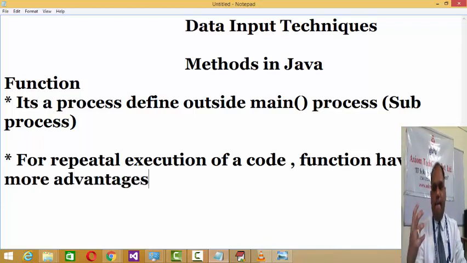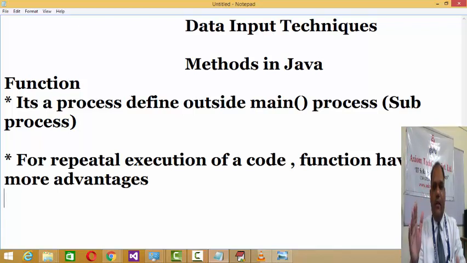Let us understand, one process may consist of 10 lines, and if you need to call it only once, then there is no need for a function to be defined. But if that process needs to be called repeatedly, then instead of writing those 10 lines that many times, it is always a better idea to define that 10 line process outside and call it up to that number of times.